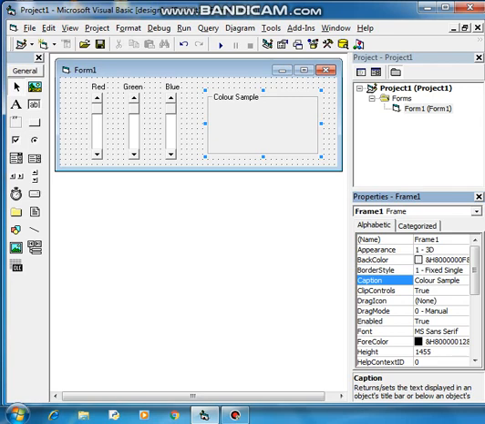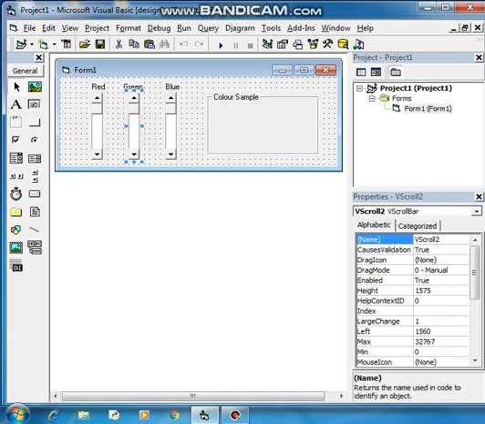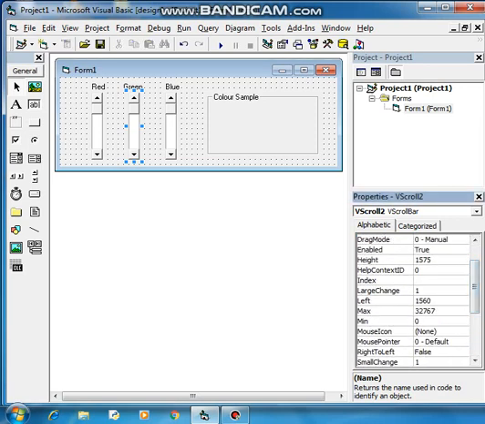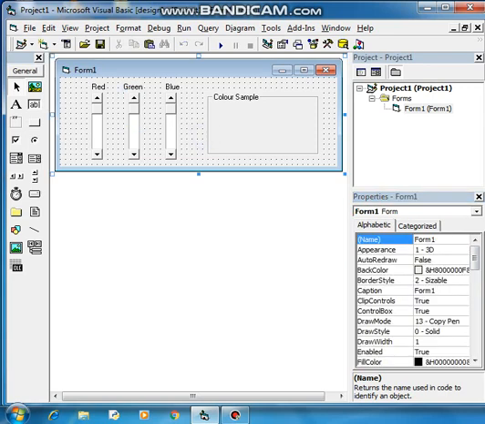Now let's go to the coding part. What will be the minimum value and the maximum value for all? We need to set them. Previously I taught you how to set the minimum value and maximum value in the properties window. Today I will teach you how we can set minimum and maximum values in coding, so that it will be more interesting and nicer, and you will have more knowledge about coding.